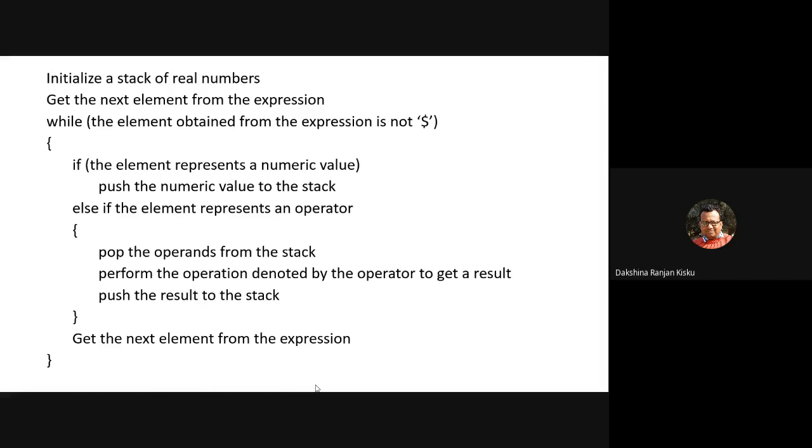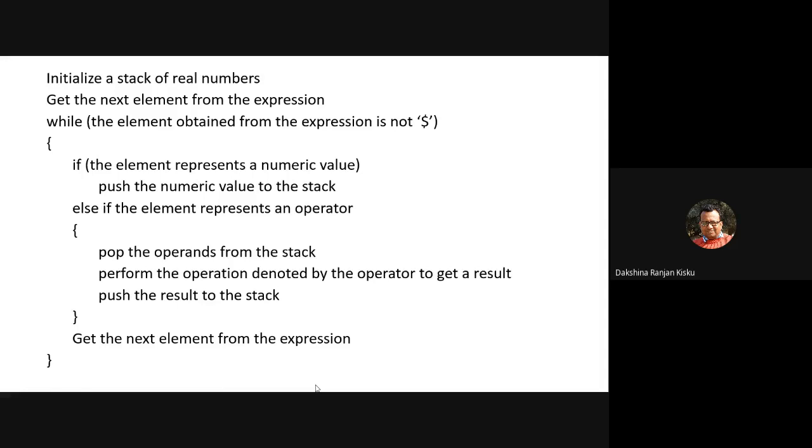The first step of the algorithm says that we initialize a stack of real numbers, and we get the next element from the expression, here the postfix expression. While the element obtained from the expression is not dollar, where dollar denotes the empty element or empty character, we check whether the element represents a numeric value or not.